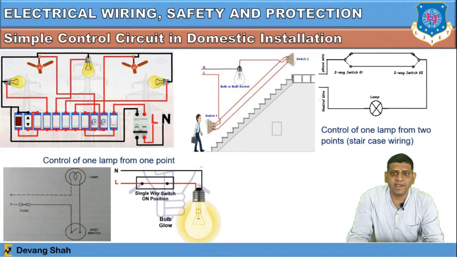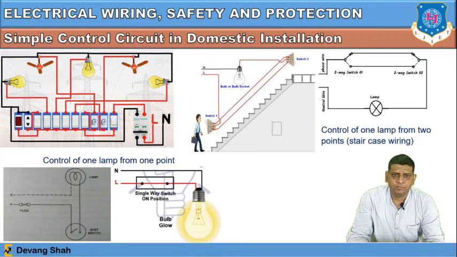The connection is such that you can control this one lamp from 2 points, right? So you can switch it on or off from the ground floor. In the same way, if you go to the first floor after this staircase, you can still operate that lamp, right? And this is possible through a two-way switch. We define this as staircase wiring, where control is available from 2 points,